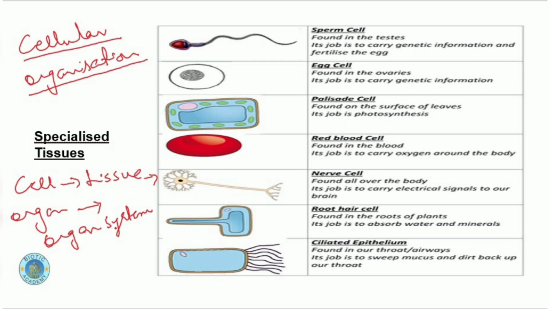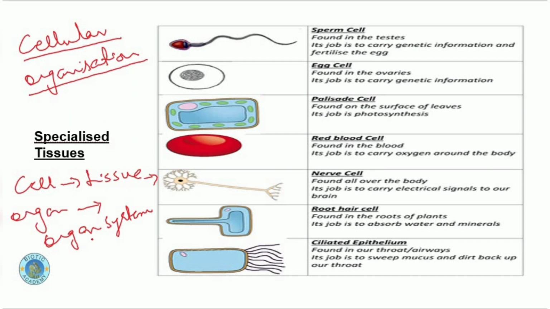So this is cellular organization, and in your syllabus you have the cellular organization: how different types of tissues join together, work together to form different organs of your body, and different organs of the body work in collaboration with each other to form the organ system. So now when these cells start becoming complex